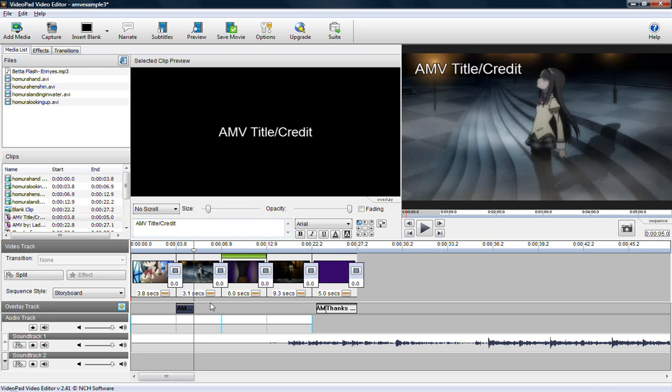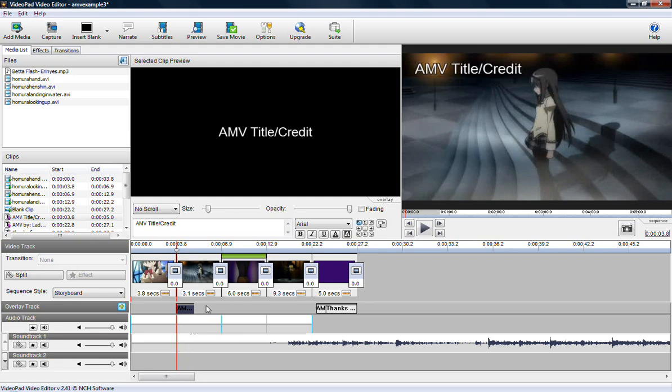Like everything else, using the right side player and the red seeker bar to preview your work is very important to make sure you've gotten everything you wanted before publishing the video. I really can't say it enough that previewing your work in this way is very important. Although hopefully I have said it enough. So yeah, make sure to preview your text overlay with the seeker and the right side player.